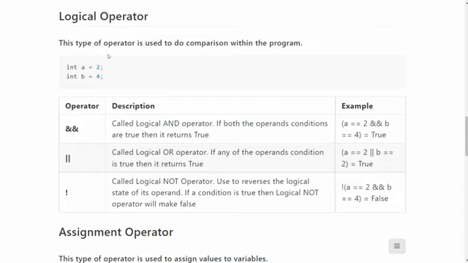All right, very simple. Some people exaggerate it, but currently, in the beginning stage, and operator and or operators are very simple to understand. Now, logical operators, what are they? All right, these type of operators are used to